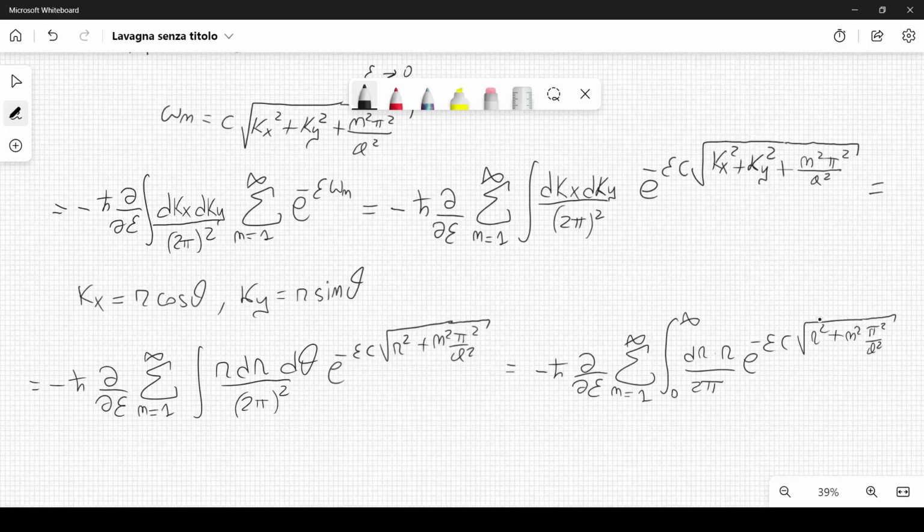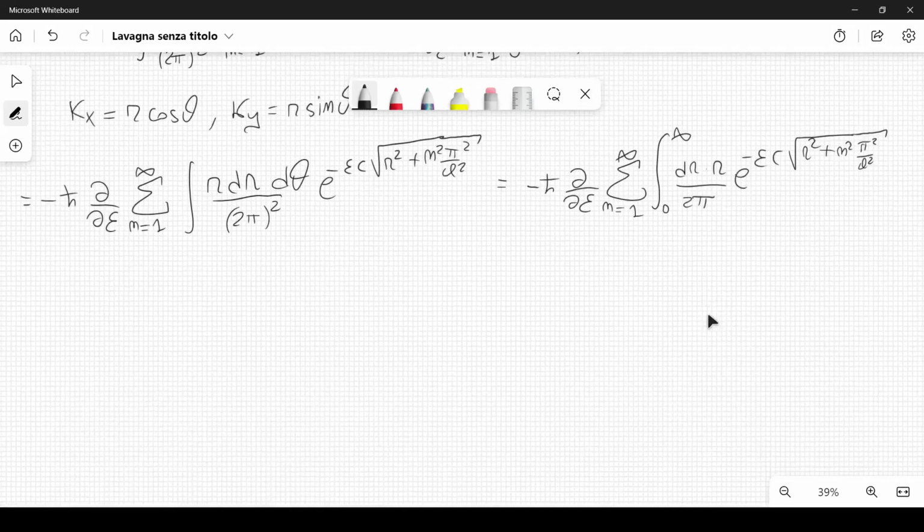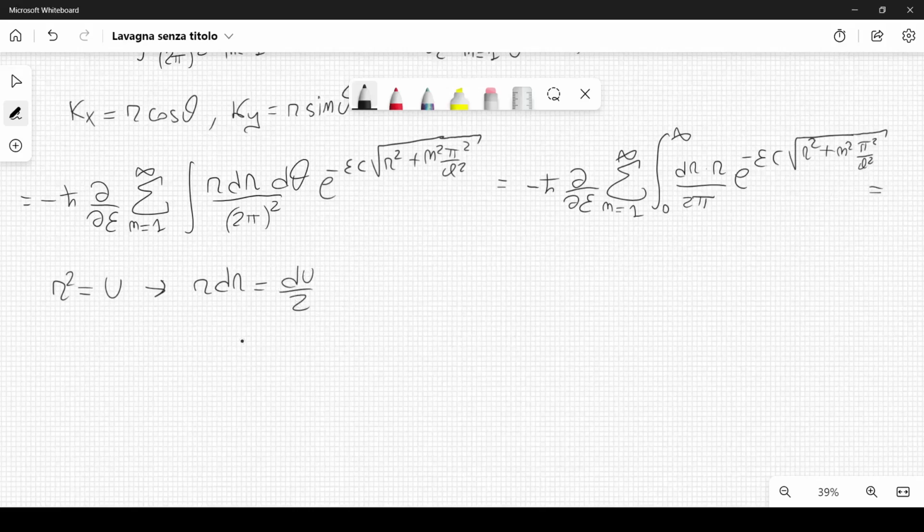So these are squares. Alright, now we can make a substitution inside our integral. In particular, we can set r squared equal to u, and from here we know that r dr is equal to du over 2. So this integral can be rewritten like this: minus h bar d over d epsilon